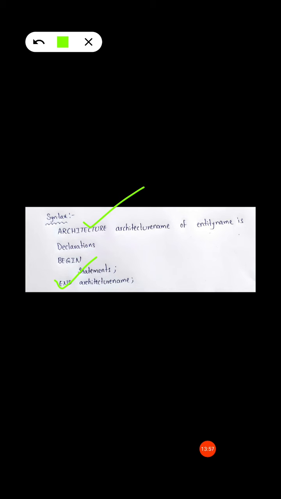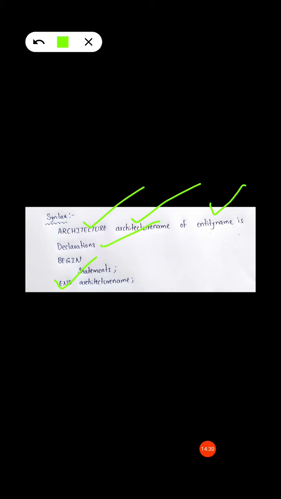Now coming to the architecture name. It is a user defined name given to the architecture body, and it must be associated with an entity name. So here we have written architecture name of entity name is. Next, coming to declarations.